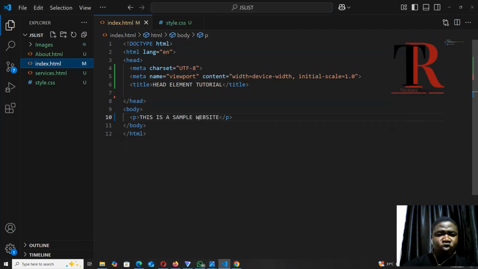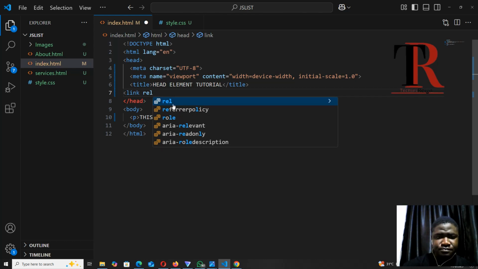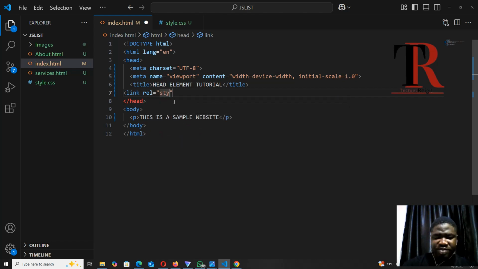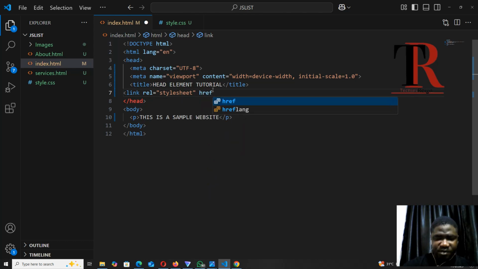Okay, so we have to come into our head tag. Okay, then we are going to do our link rel, link this, then we are going to enter stylesheet, then okay, let's just use our href. Okay, then we want to link it to our what? Style.css. Okay, style.css, then we close it. Okay, by the time we save